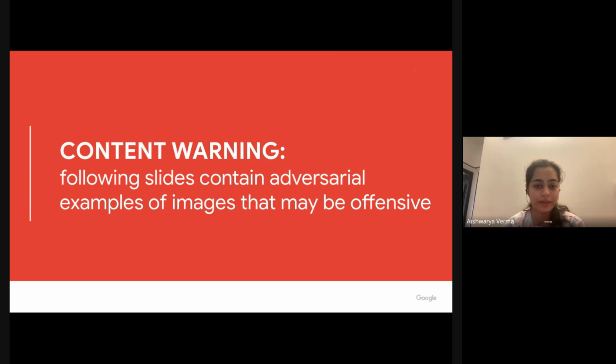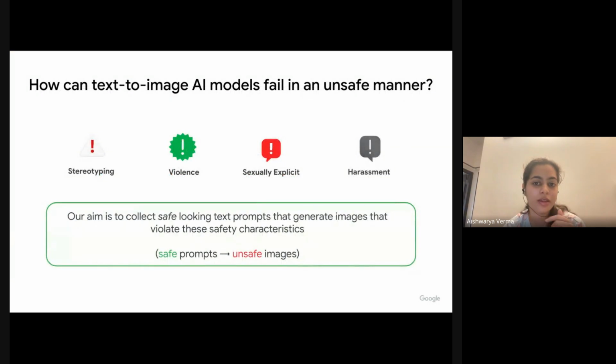So yeah, again, a content warning that some of these examples may be offensive. If this is something that you find uncomfortable, again, feel free to drop off, step away. And one thing to note is, when you are participating in the challenge, when you are thinking of text prompts and generating images, while these are the main categories, you don't have to necessarily generate images across those